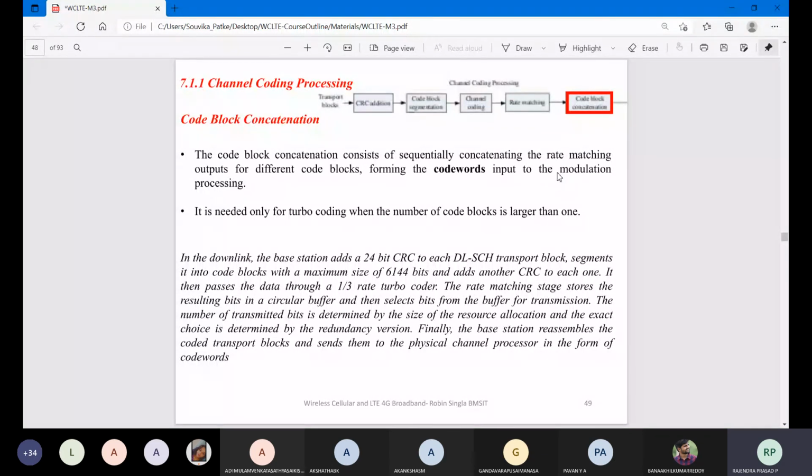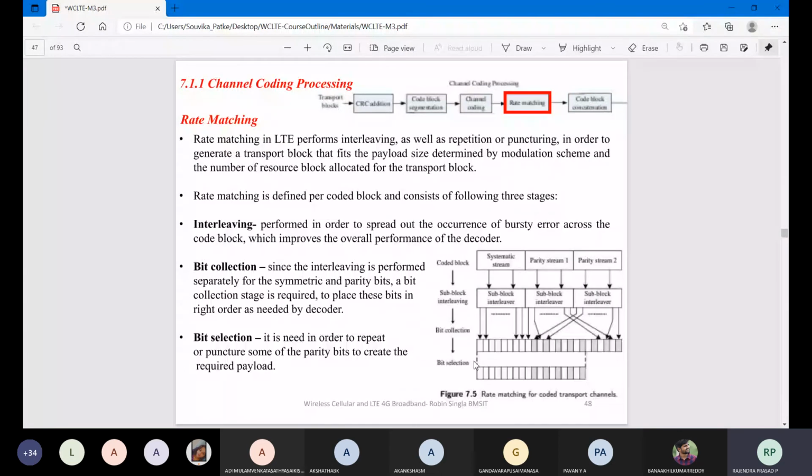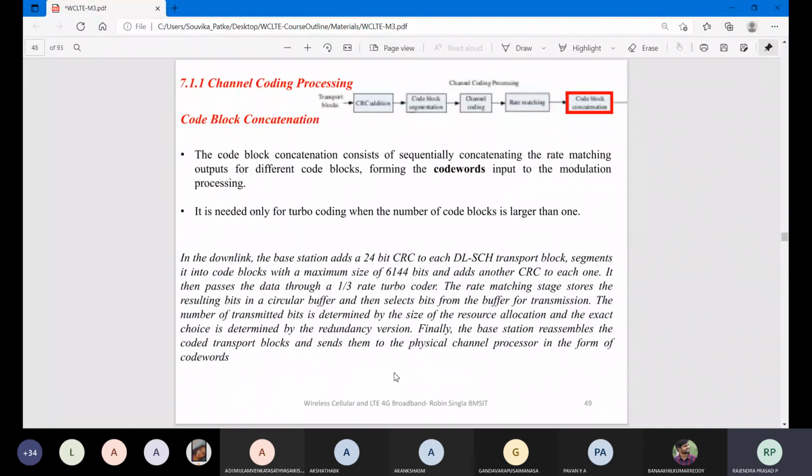So concatenation, why we are going to do it is that the words will be in different types, see here, or in between you have some parity bits which are not required. So I have done this selection, but this should be concatenation. So what is concatenation? Rearranging your words according to the sequence number. This is the code block, because you are transmitting for a 24-bit CRC. So how many bits will be there? All those six should be arranged.